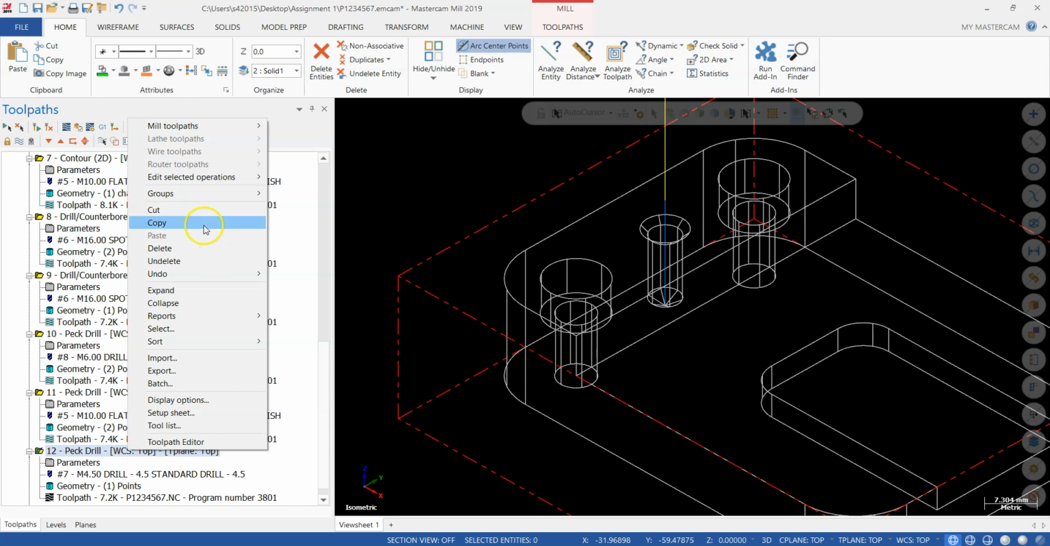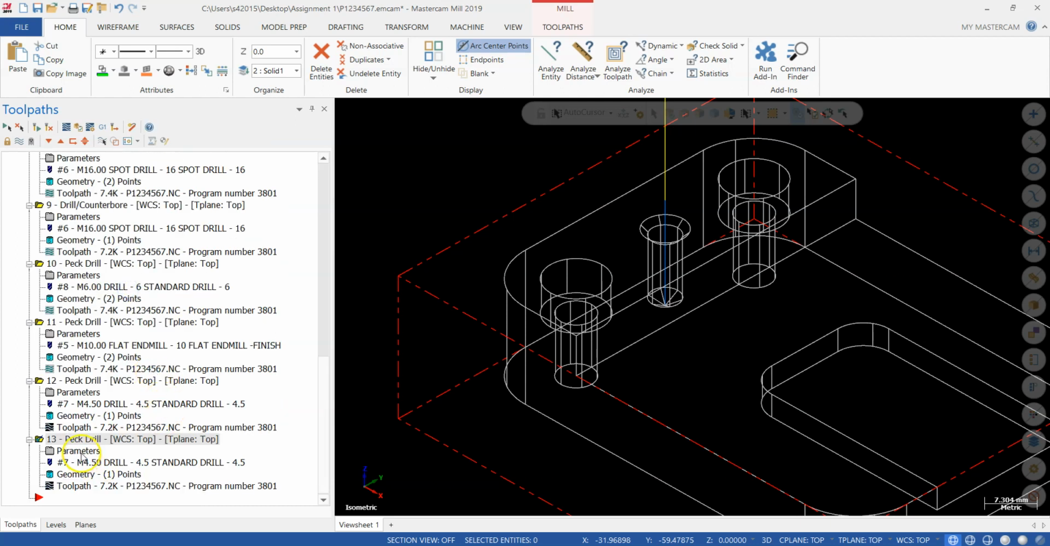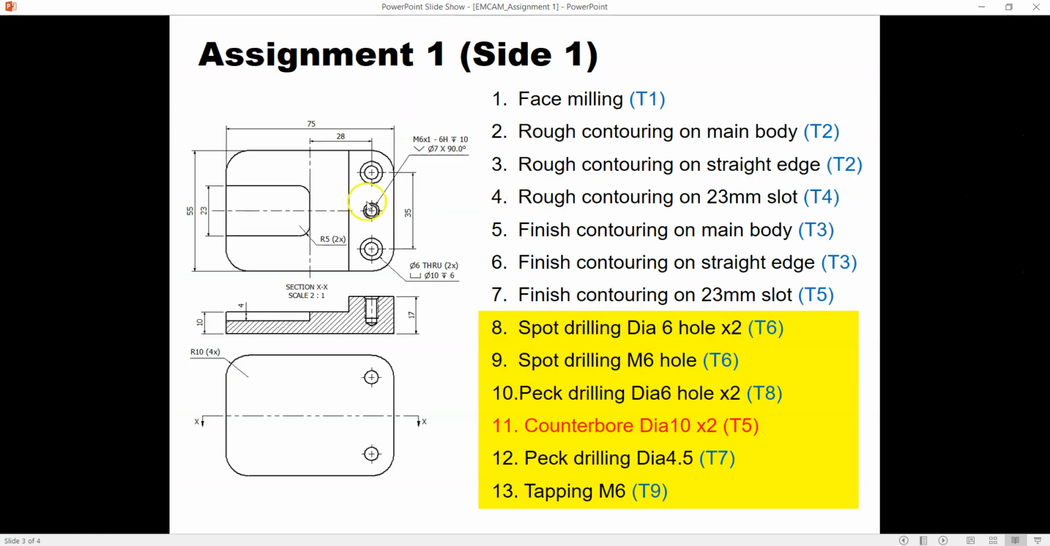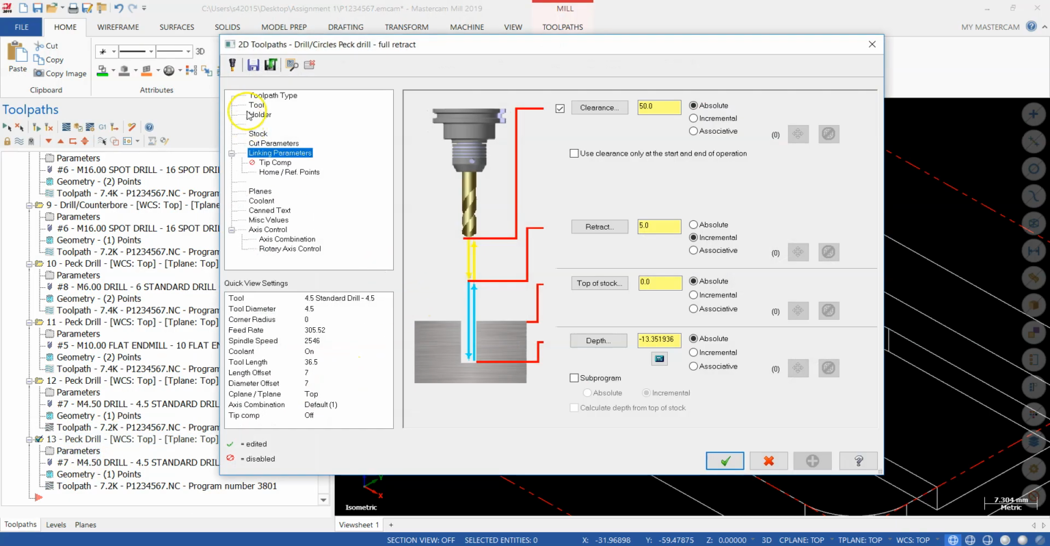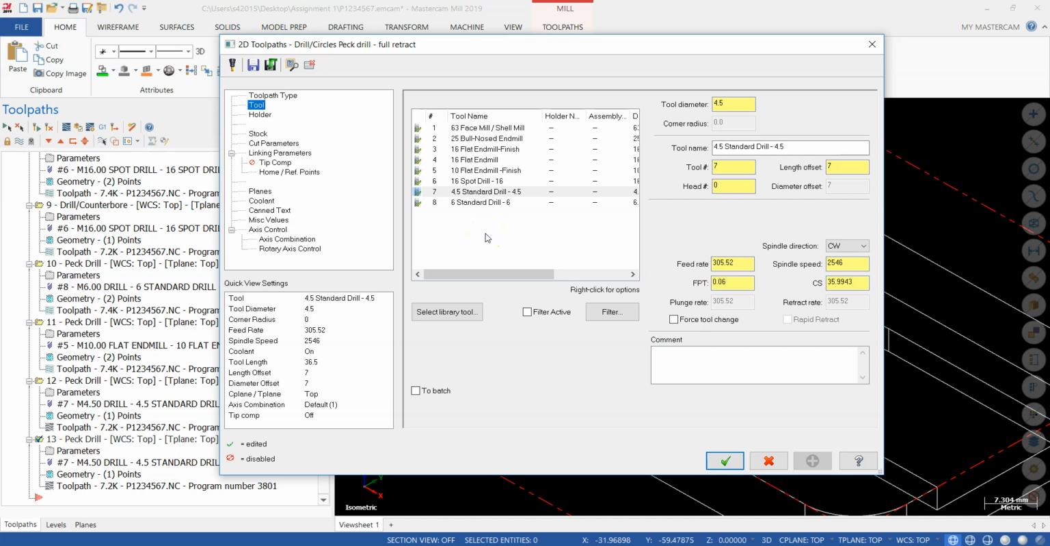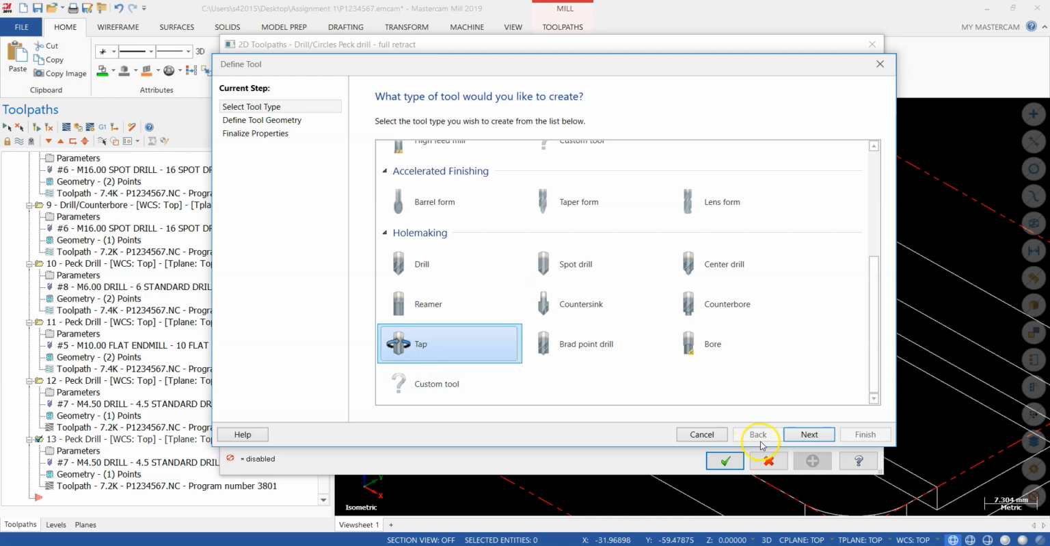So right click, copy, and paste. So for the tapping, it is M6 times 1 and tap to 10 mm. So for this case, the 10 mm, in fact, we take it as including the leading angle. So we will tap down to 10 mm instead. Okay, so go to here, I go to parameter and create a new tapping tool. Right click, create tool, tap, next,